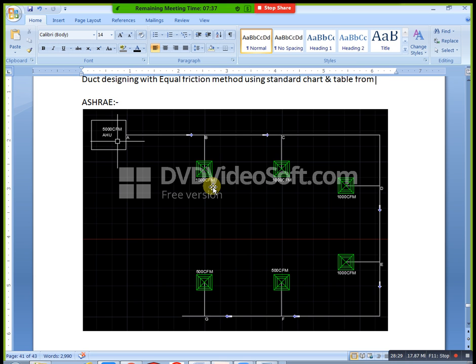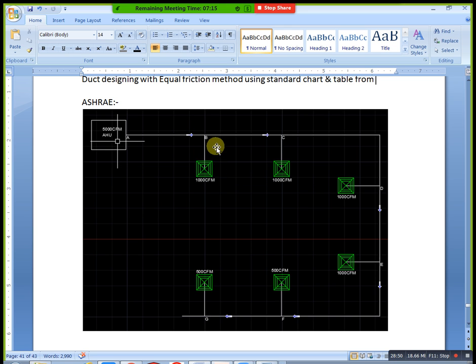Here how much CFM do we have in total? 5000 CFM. You can see, it started at 5000. Here 1000 goes, passing to this diffuser. Next here 4000 is coming, again 1000 passes here, then 3000 is coming. Total CFM is 5000. Note this down also: Q is equal to 5000 CFM. Now we have three values: V maximum, velocity maximum, friction, and at the same time CFM.